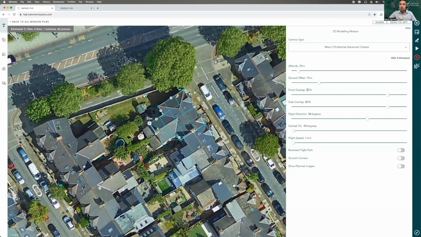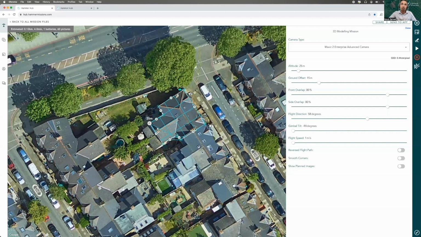Right, 80% overlap. I think that is good, given that we might be creating a 3D model, but even if we're just creating a 2D map, having at least 70% or more overlap is a good idea. Flight direction, so since this is a double grid, we want to fly in the direction of the largest edge of the polygon, but since